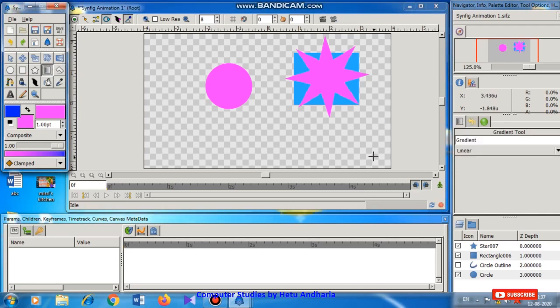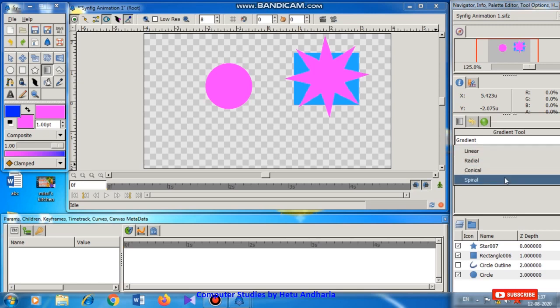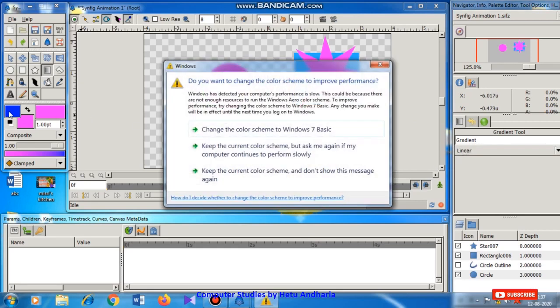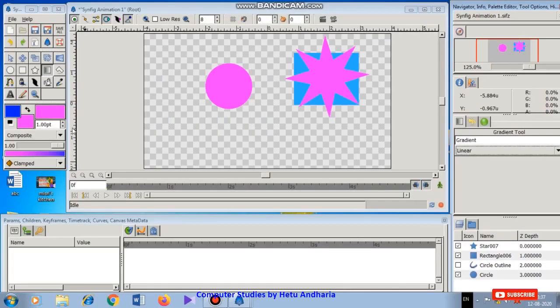Now in the tool options menu, different types of gradients will be available as soon as I choose the gradient tool: linear, radial, conical and spiral. From that I select linear. The two colors which I have selected are blue and pink.